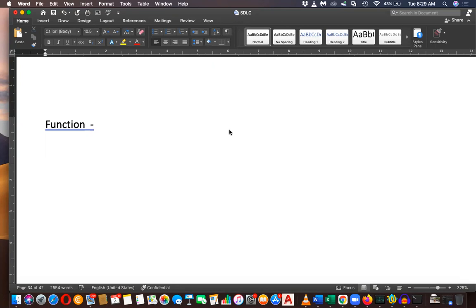You can give a single name, lunch, or you can say dinner, or you can say wedding. Wedding is a function. In a wedding, there are many other sub functions, and many processes inside that function. So a function is basically a single keyword which is used to describe a set of processes. Otherwise, you have to describe it from the beginning.